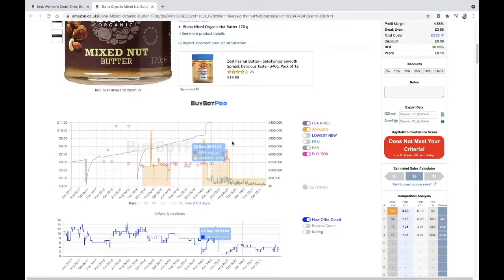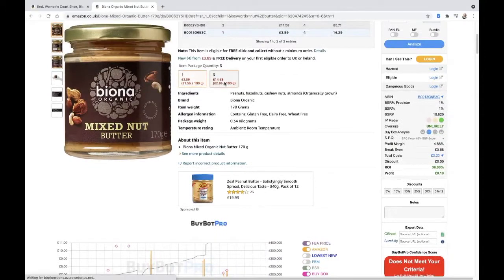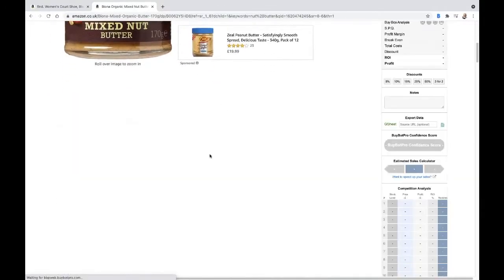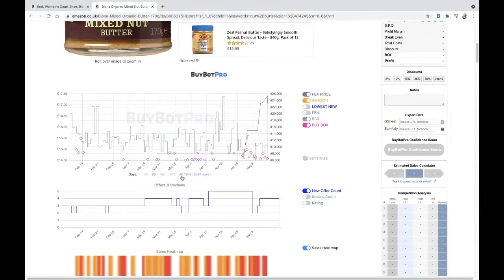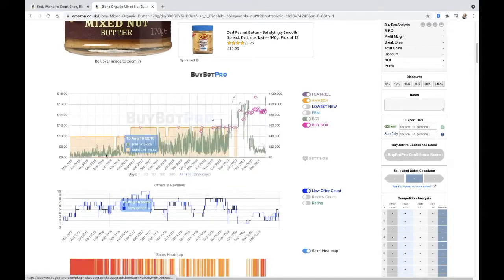So if we now go on to the 3 pack and have a look at the chart again, and look at all time, there we can see that backed up again. Look how fast that product is selling, and it's consistently sold well before May 2020 when it merged. And obviously that forced this one to go up a bit, because it went in the wrong direction when it suddenly got merged with one that wasn't selling very much. But before that, you can see it's selling super fast.